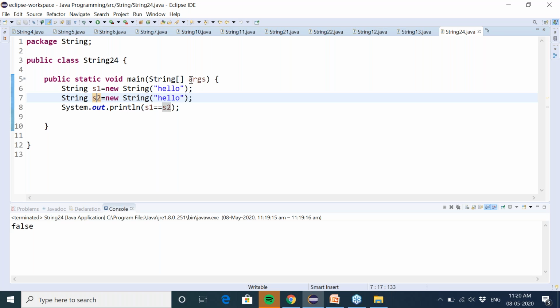Any doubt you can ask about this? From my side, I have explained the reason why you are getting true in the first case and false in the second case. If somebody still has some doubt, he or she can unmute and ask the doubt. Okay. So almost all are saying that now it is clear. So let's go to the next problem.